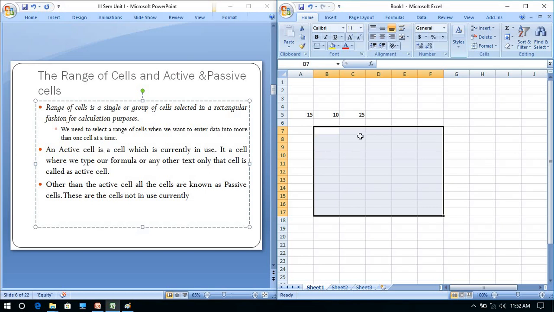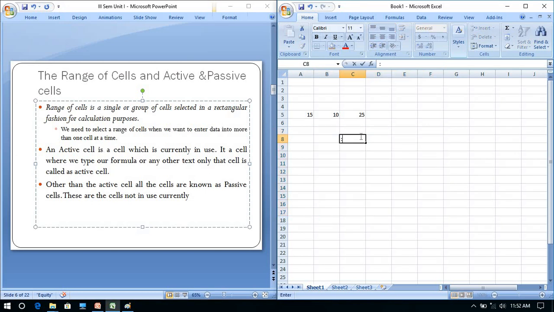And we use one operator over here. In case of operators we'll discuss that later. For range of cells we basically use the colon operator. You can see this is the colon operator.